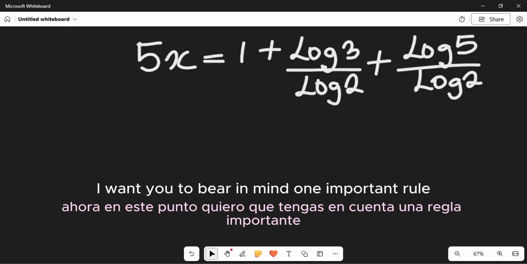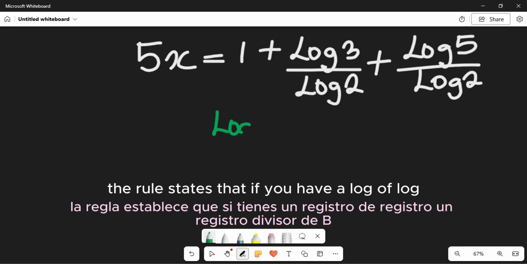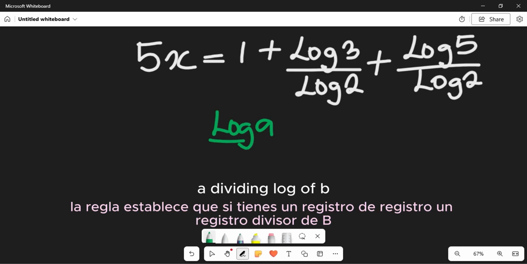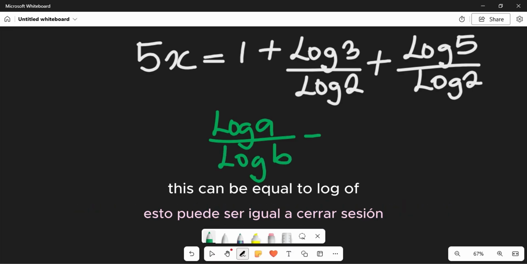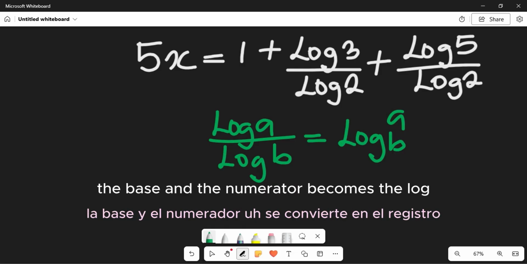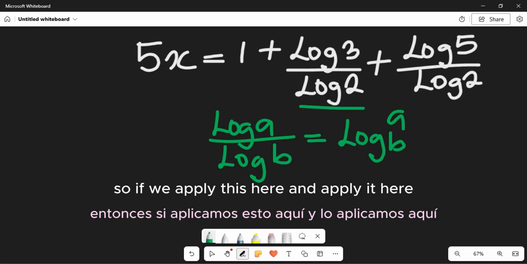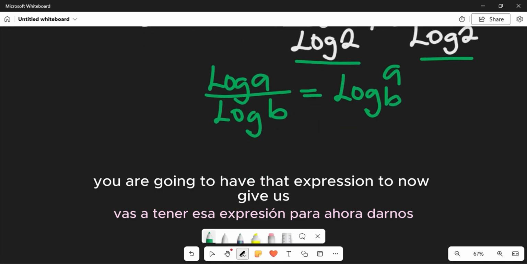Now at this point, I want you to bear in mind one important rule. From the rule of logarithm, the rule states that if you have log of A dividing log of B, this can be equal to log of A base B. The denominator becomes the what? The base, and the numerator becomes the log. So if we apply this here and apply it here, you're going to have that expression to now give us